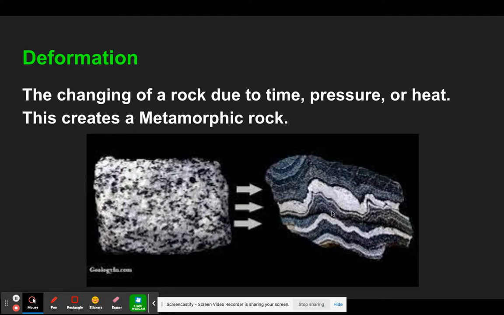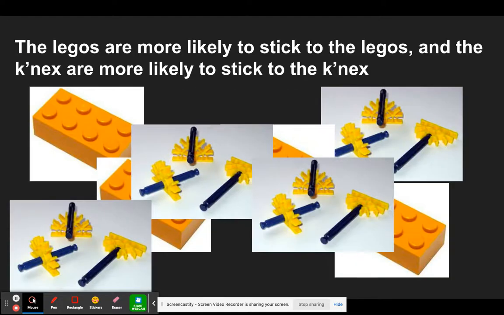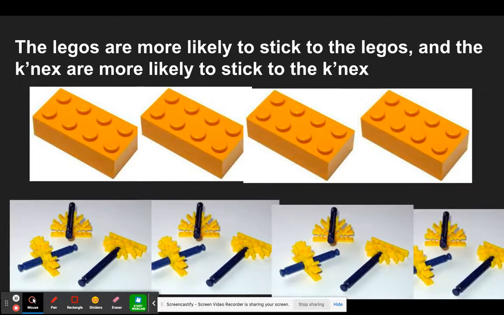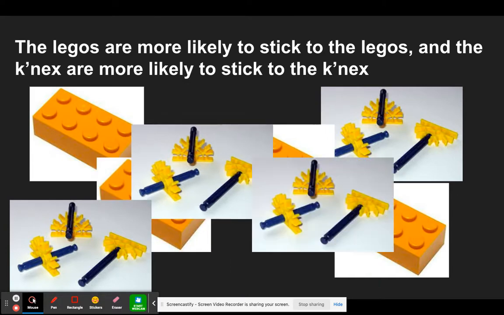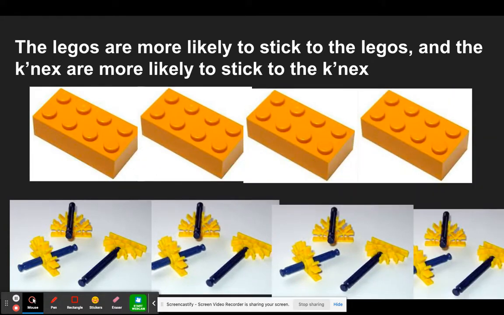But then as it gets squished and pressed, it partially melts, which means it turns just soft enough where they can start to wiggle around a little bit. And what they do is they find their buddies. They start to find the things that they don't want to form bonds with. And you go from kind of this random assortment to a more linear